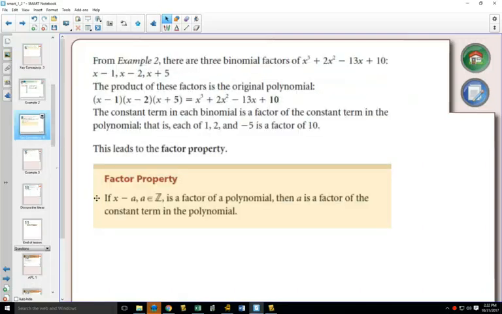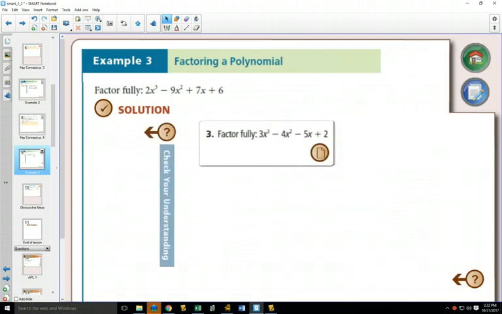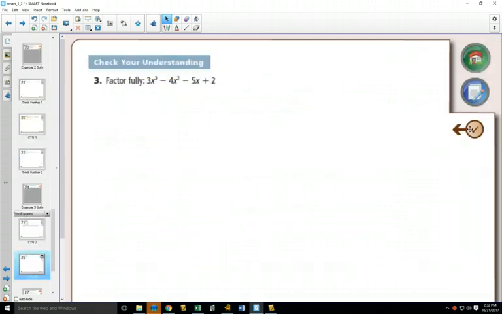The factor property is saying that if something's going to be a factor of the whole thing, then that value of a has to be a factor of our constant term. So when we go here to example 3, which says let's factor this one fully,